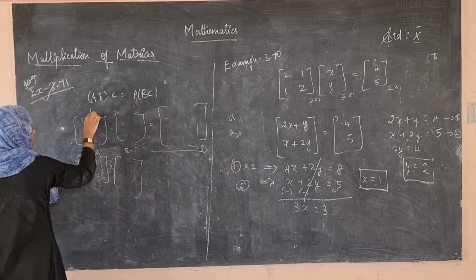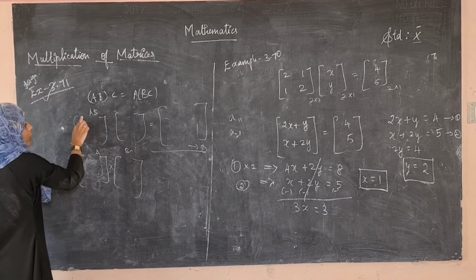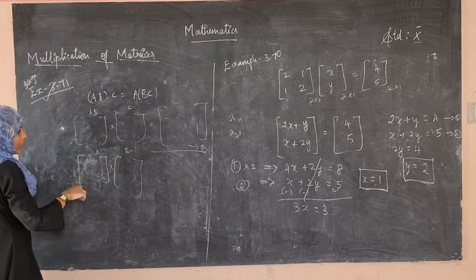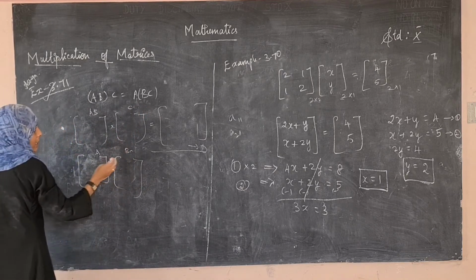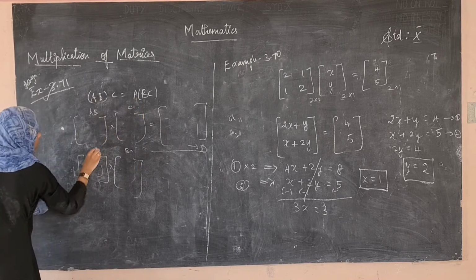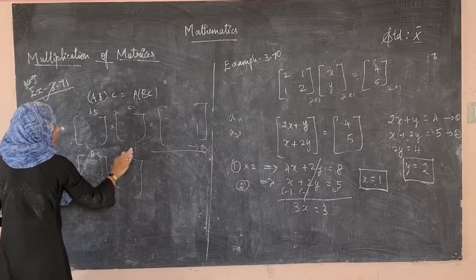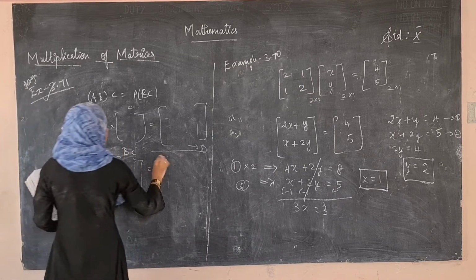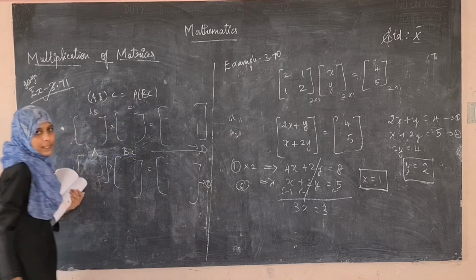See, this is AB. First you multiply A and B and you will get the resulting answer. So this AB should be multiplied with C. And for the right hand side, you should multiply both B and C. Then you get BC, right? Then you multiply A with BC. We should not take this as BC and this as A. Here it should be A and here it should be BC. You will get a resulting matrix. Take this as 2. Then you have to show that 1 and 2 are the same.